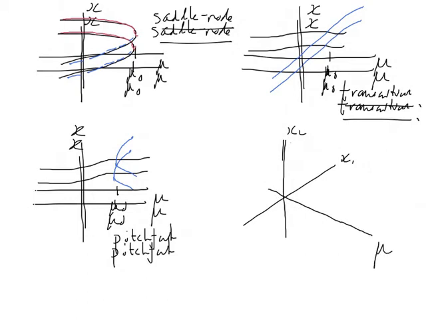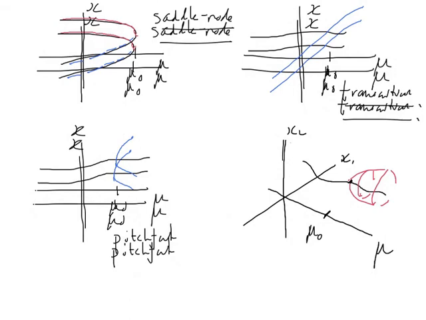And then I've got a parameter mu. So you want to imagine this happening in three-dimensional space. And then I've got this curve of fixed points here, but coming out of that at a certain parameter value here is a periodic orbit. And what we're going to do is draw that as kind of a parabolic type structure like this, emerging from it. So this is at this parameter value mu naught here. At that mu naught, the fixed point carries on for larger mu's, but coming out of it,